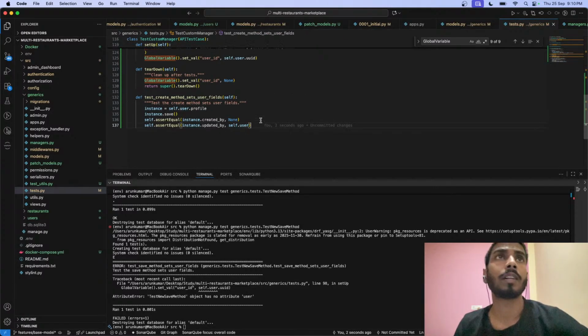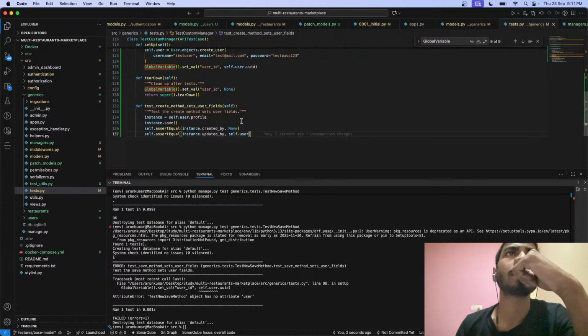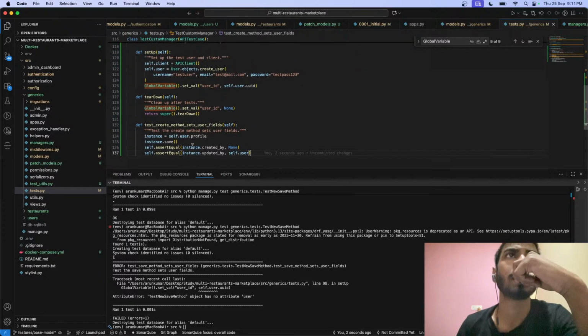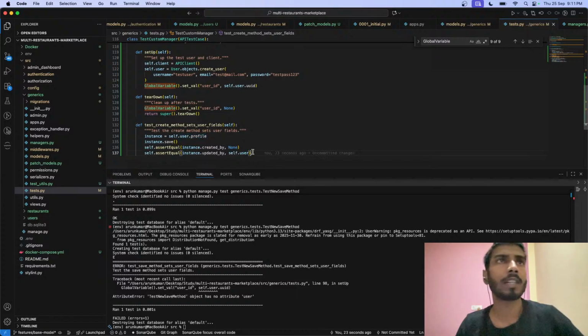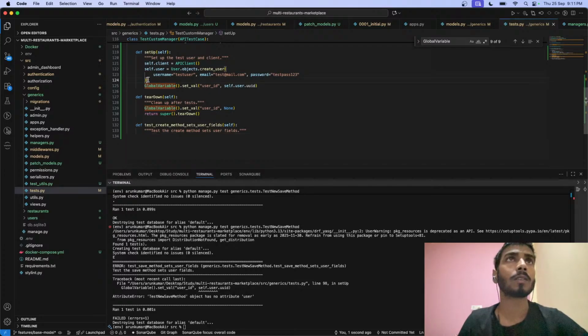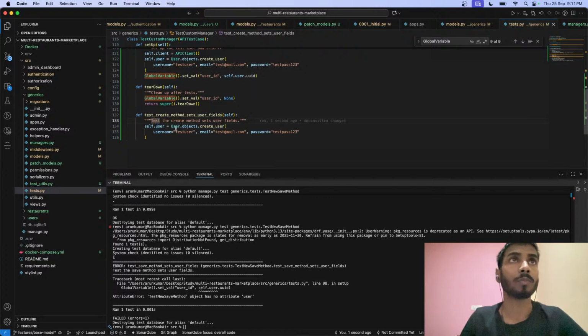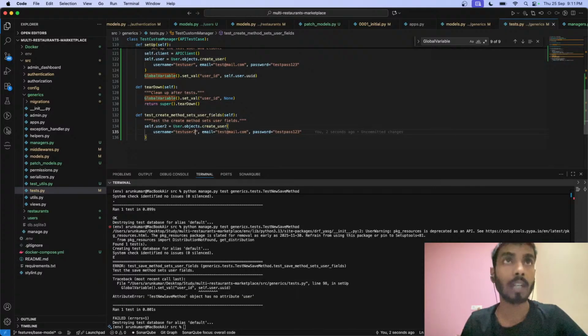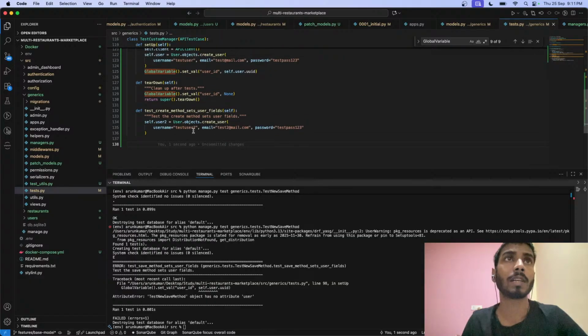Okay, so if we create the new user here, user 2, we are creating the user dot object test user second and 2. So this profile should have the created by self dot